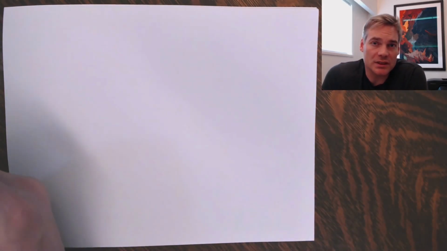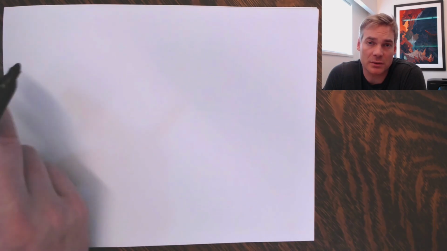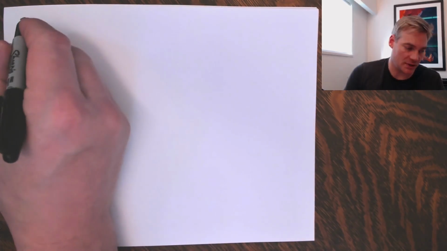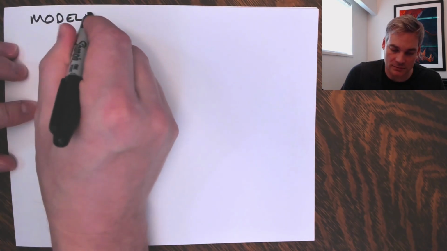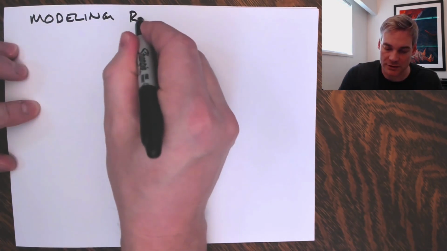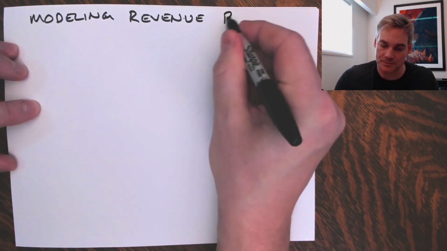Hi, so in this video we're going to be modeling a revenue problem which occurs often in quadratics, and you often have to use the completing the square method to find the solution that we're looking for. So this is modeling a revenue problem